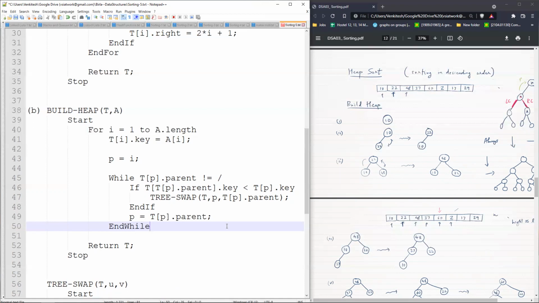Is that okay? This is what we wanted to do at the ith vertex, but then we wanted to repeat it above, above, above. But then we cannot change the value of I, because I is important for this loop. So we store the value I in a different variable P, and then we keep changing P. The I value remains as it is. Is that okay? So that is what we do. This completes it for one value.